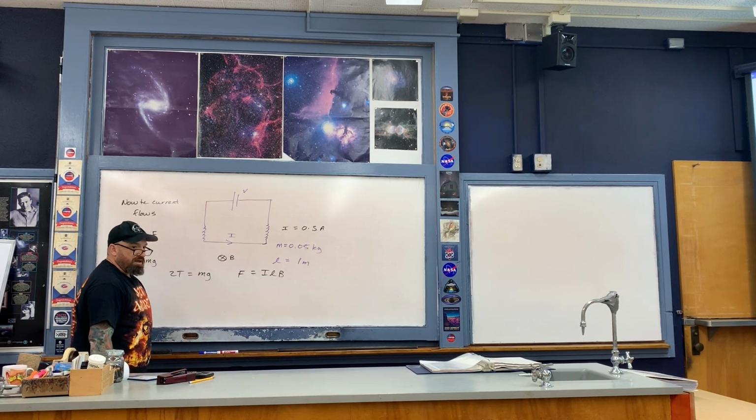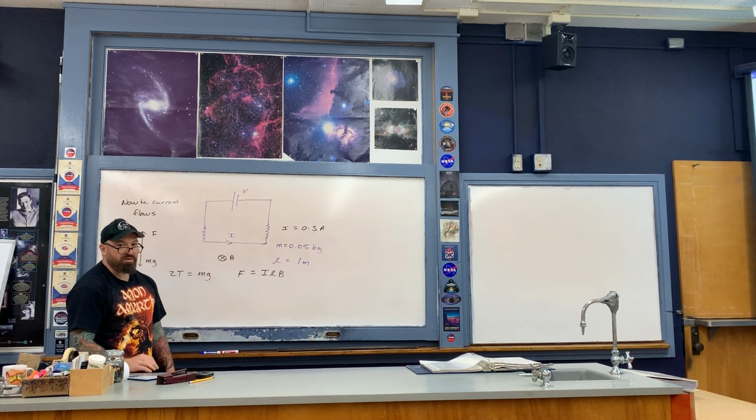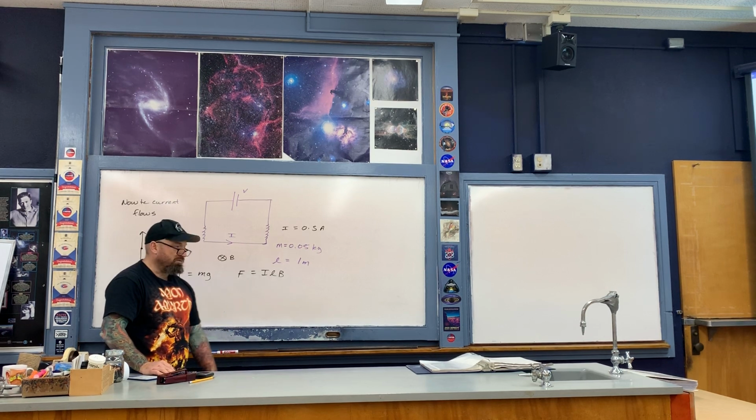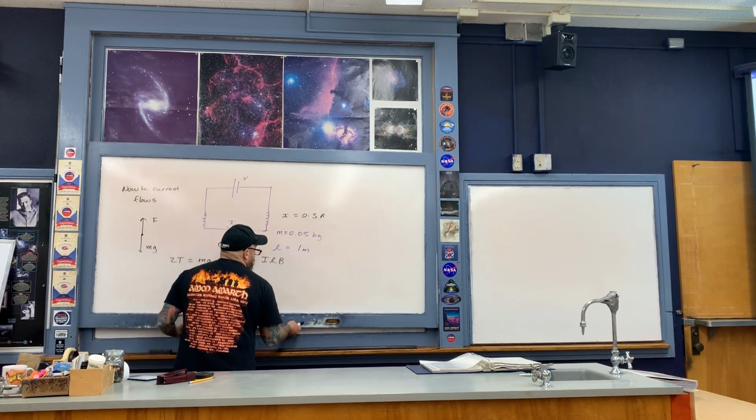Now the magnitude of that magnetic force is just going to be ILB, and the reason for that is because we have a 90-degree angle here between IL and B like so. Recall that the magnitude of a cross product is in terms of the sine of that angle. Sine of 90 degrees is equal to 1. So then therefore the magnitude here of that force upwards is just ILB. So then therefore we just take ILB here,